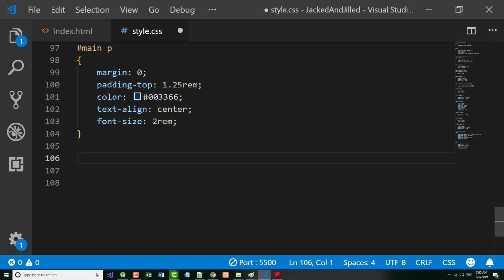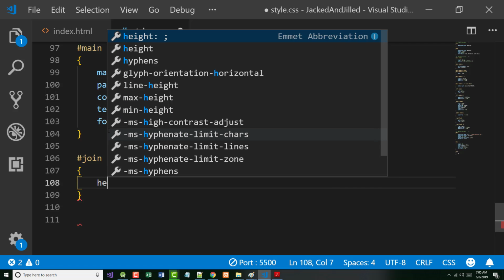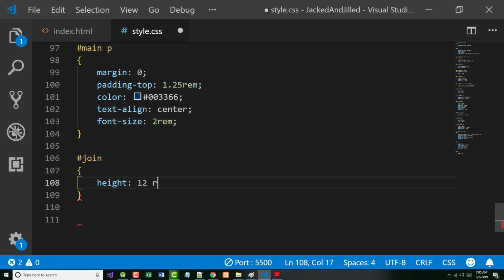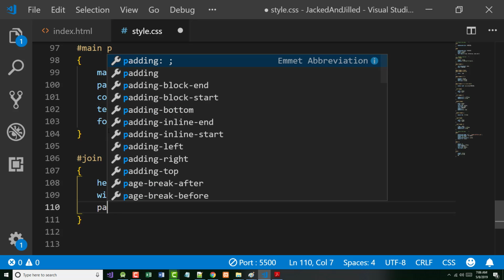So under our main P, we want to put in the join. Remember, that's our join area. And that'll have several things in it. It's going to have a height of 12 rem. It'll have a width of 60 rem. It will have top padding